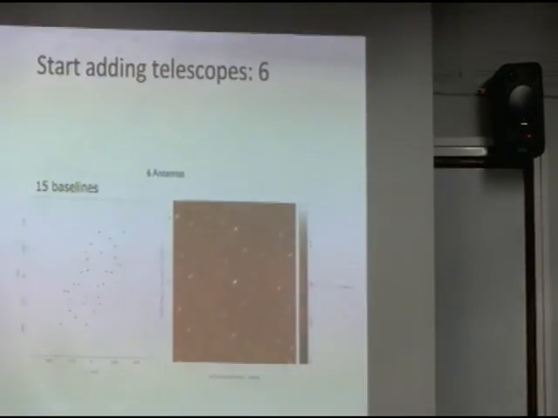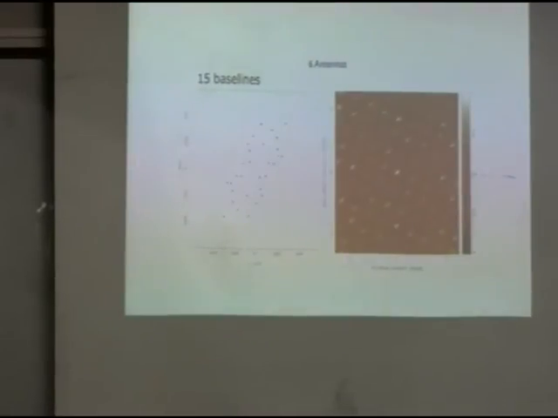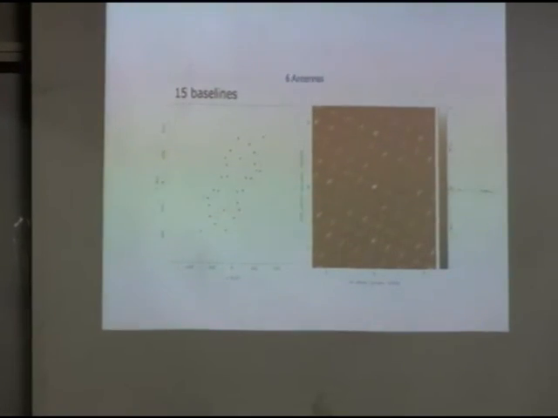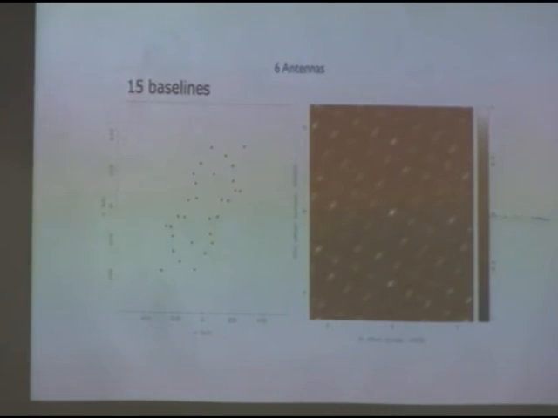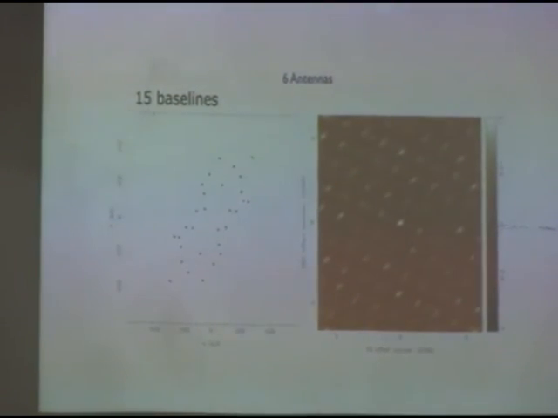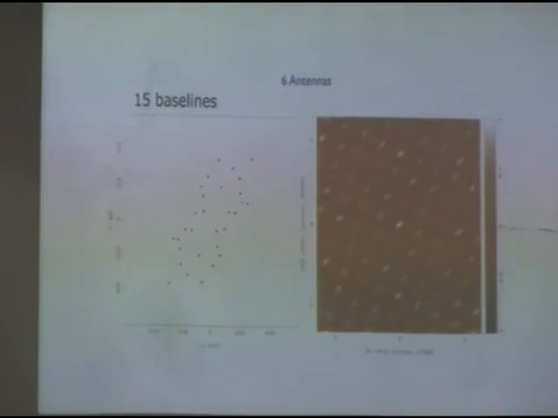If you add another one, you have already 15 baselines, so it starts to show. You will see it better in the slides when you get them, because I think it's not very clear here, but you will see it better on your own screen. So 7 telescopes is already 21 baselines. We can keep adding, and now